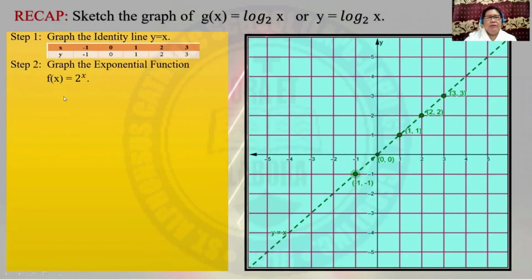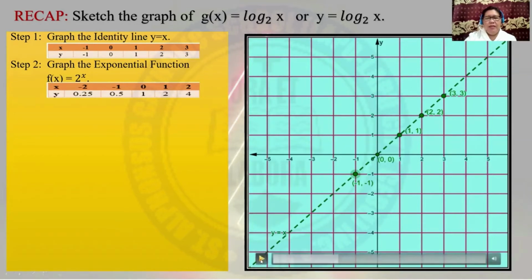Step 2, you have to graph the exponential function f of x is equal to 2 raised to x. And this is our table of values. So let us plot the points now in the Cartesian plane. So we have here the point, another point, another point, another point, and the last point with coordinates (2, 4),